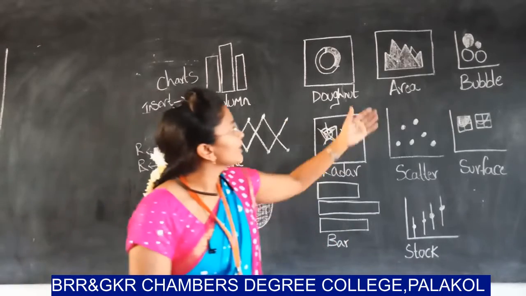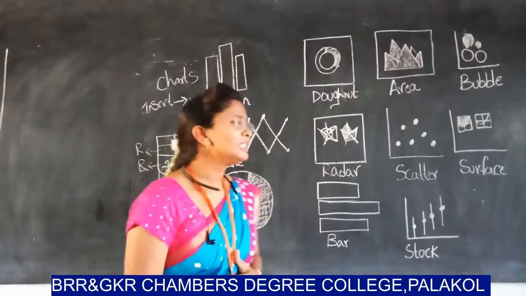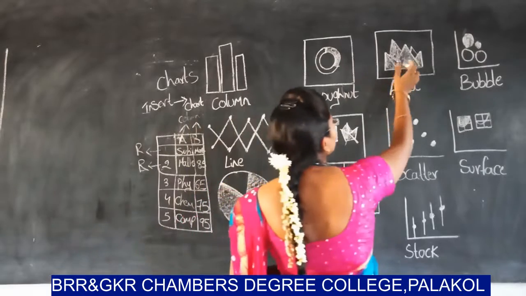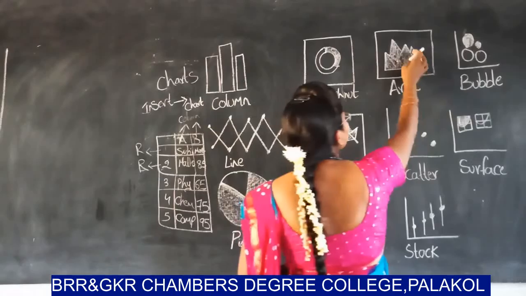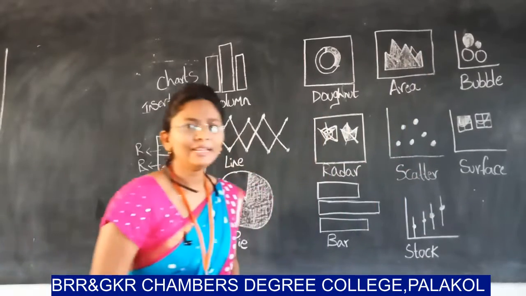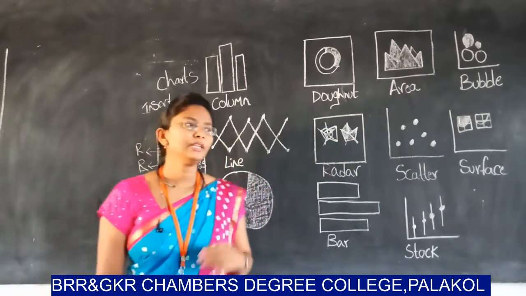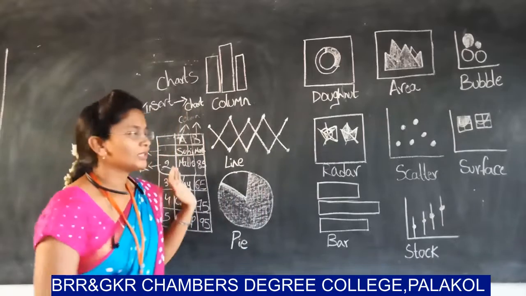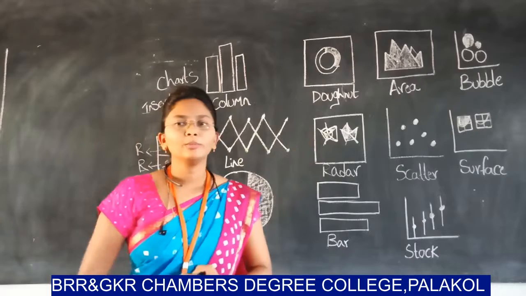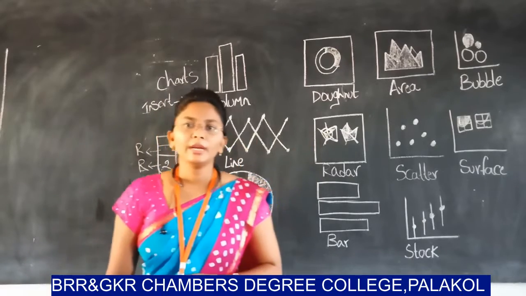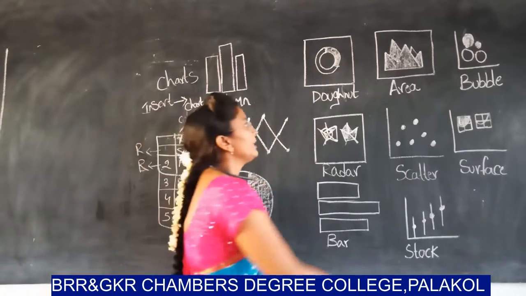And the next one is area chart. You can see that in the area chart some of the portion is filled and the remaining portion is empty. And in the area chart, data can be arranged as usual in the columns and rows in your worksheet, and the area plotted in this chart can be represented, highlighting the degree of the portion.